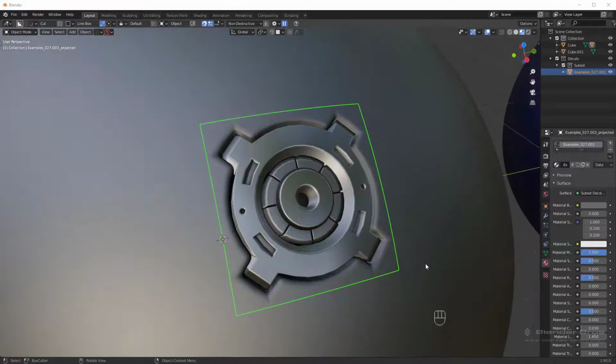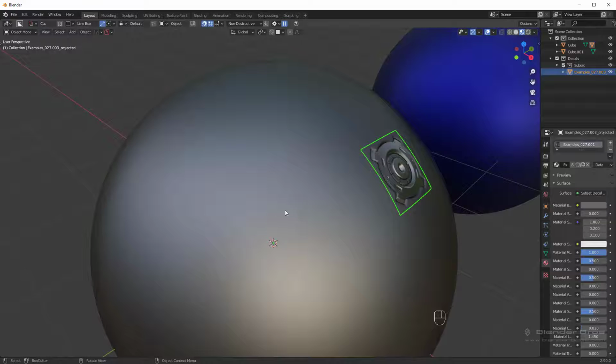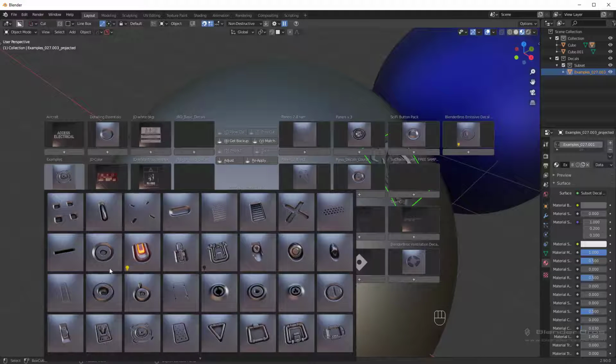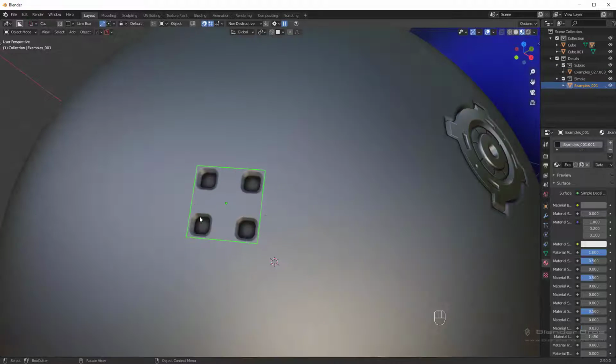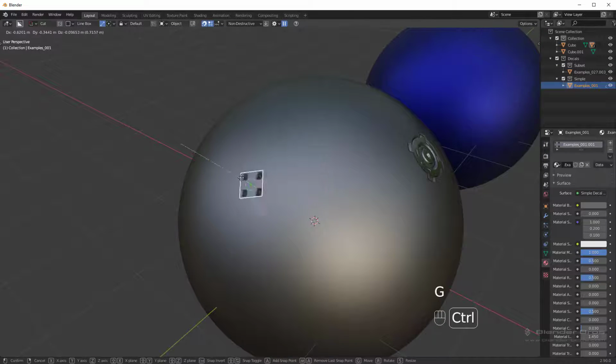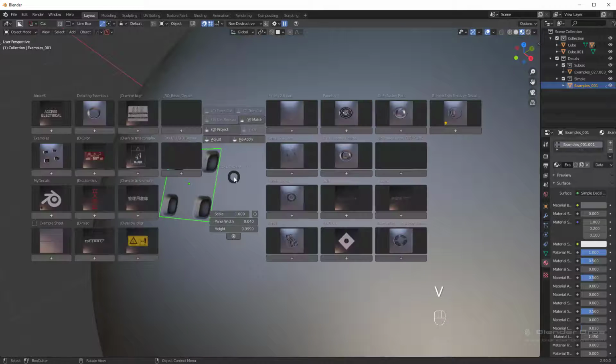So that's about it for this video. We covered all the basics and we'll just go over it once again. It's really easy. If you want to add in a decal, you go into your decal packs and choose one, maybe this for example. Number 2, you want to project it. So you find a spot, grab it and hold Control, find a spot, then you press your Decal Machine hotkey,